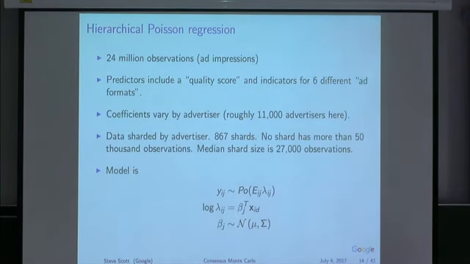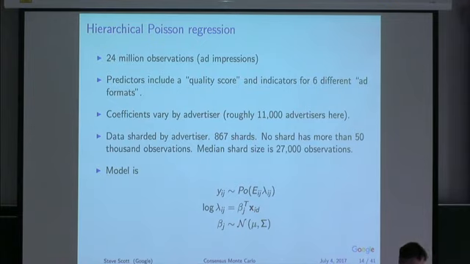So that was not a big data problem where it required scaling, but the type of problem that I might care about might be something like this. I've got 24 million observations that have to do with people being shown some sort of an ad and whether or not they click on it. Sometimes people might click on an ad 0 or more times, sometimes multiple clicks. So some of the analysts wanted to use a Poisson model to describe the ad clicks.